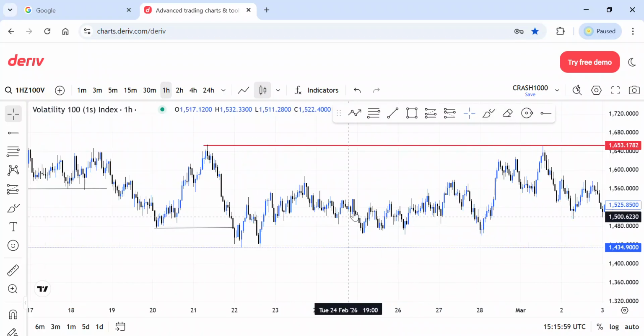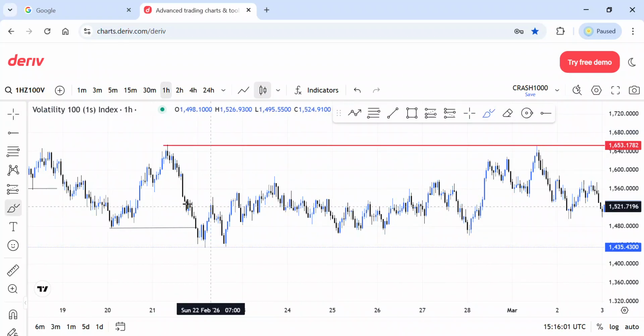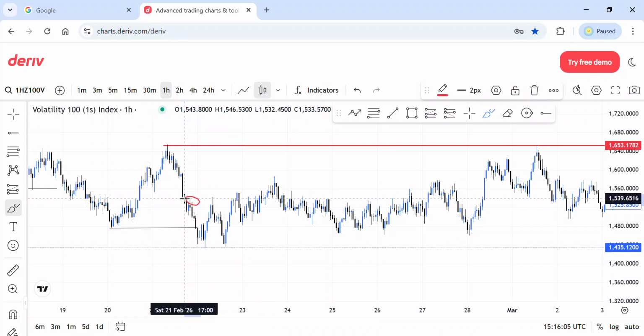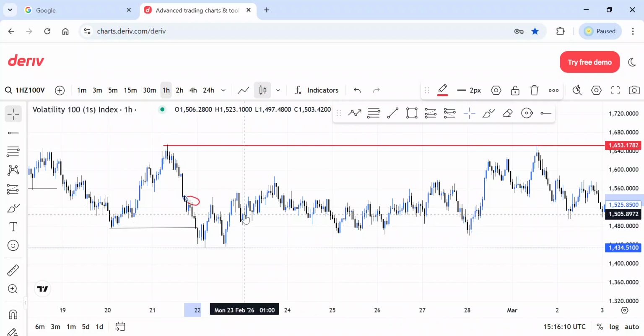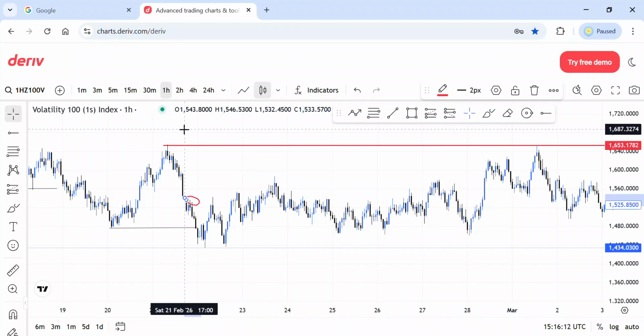As you can see, we have a liquidity here. There's a liquidity resting here. Market needs to clear it out first. Are you getting me? Before you can be saying you want to be looking for a sell. But if you want to see the liquidity very well, if you're analyzing on your 1 hour, definitely you should be using